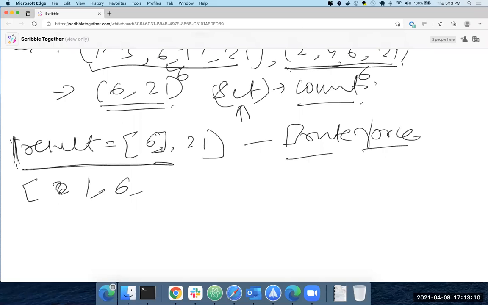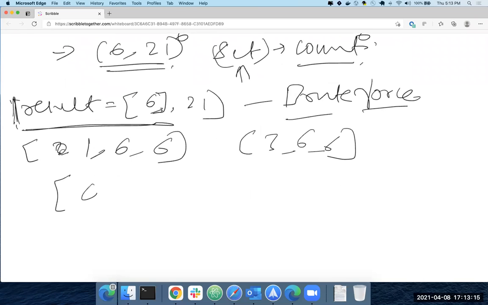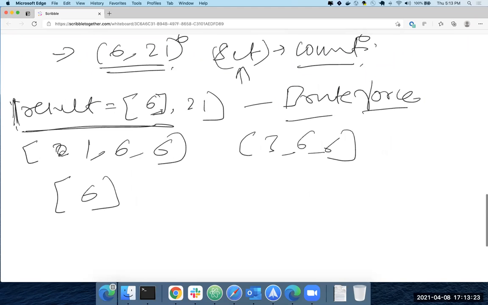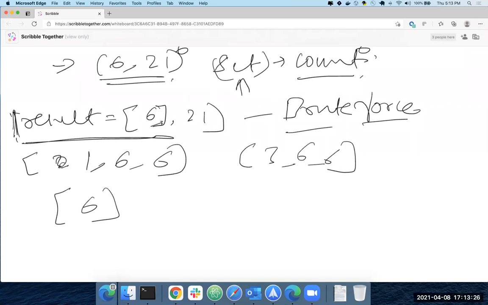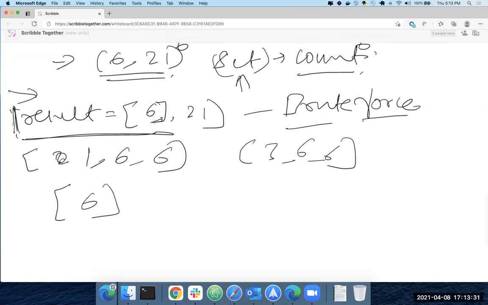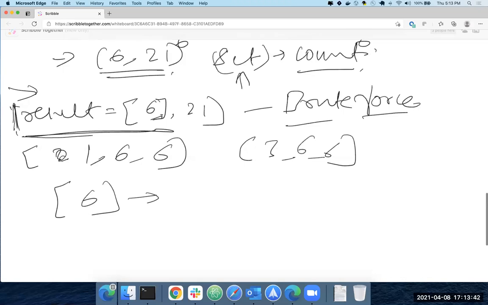Like, what if you have 1, 6, and 6, and you have 3, 6, and 6. If you just use a map solution, all you'll do is add 6 only once. We can also keep the frequency of the element in the map. Yes, you can. He didn't ask whether the array can contain duplicates, so he gave an answer which doesn't work for duplicates. So if there are duplicates, it needs to be a hash map; if non-duplicate, you can use a set.